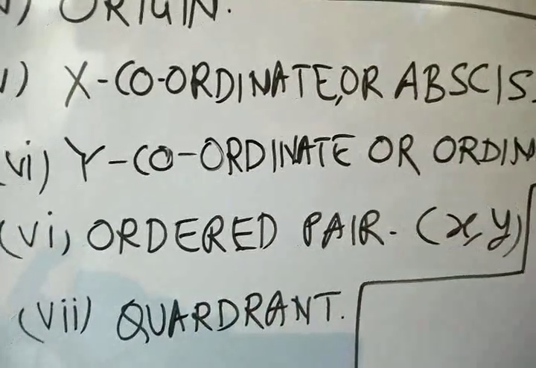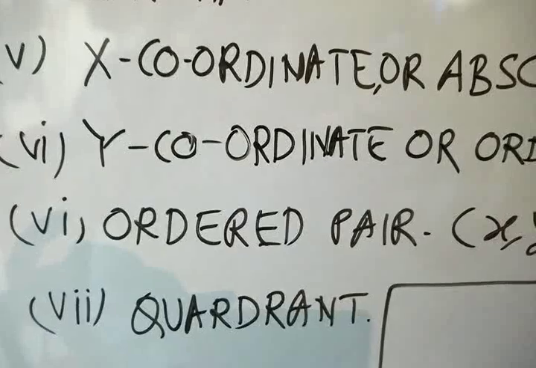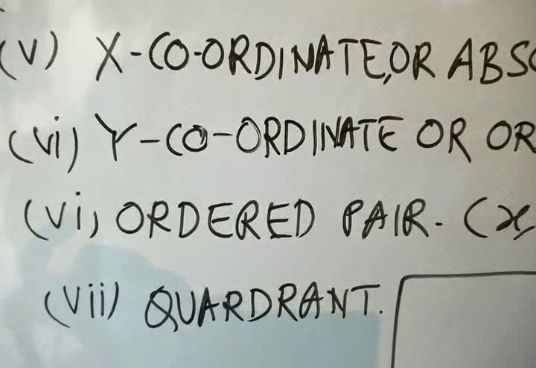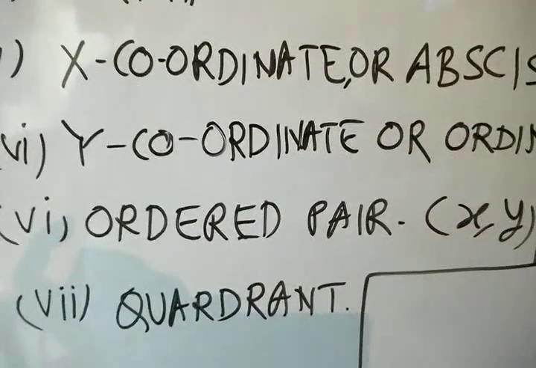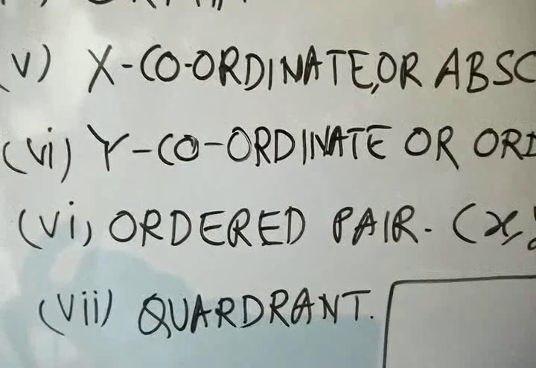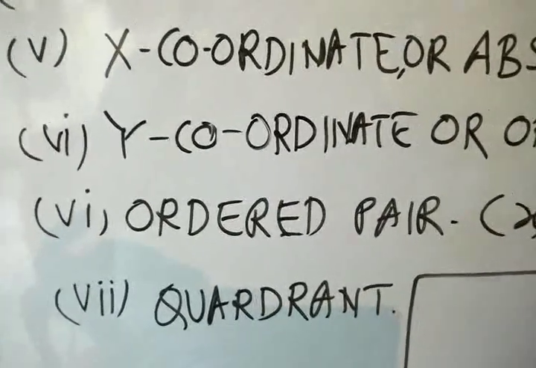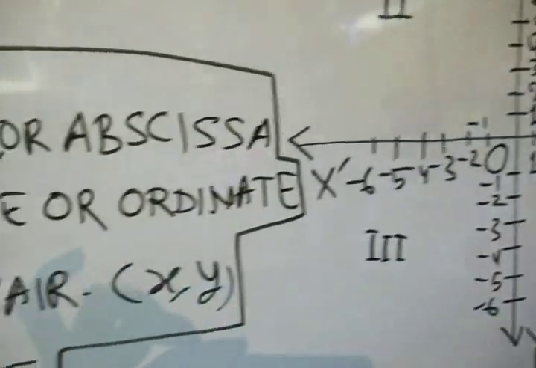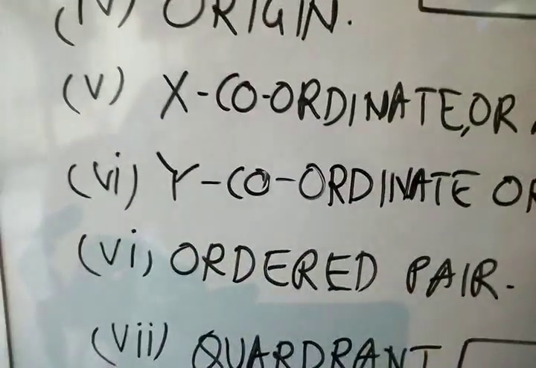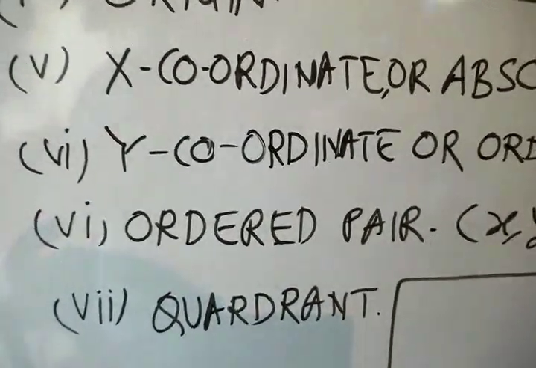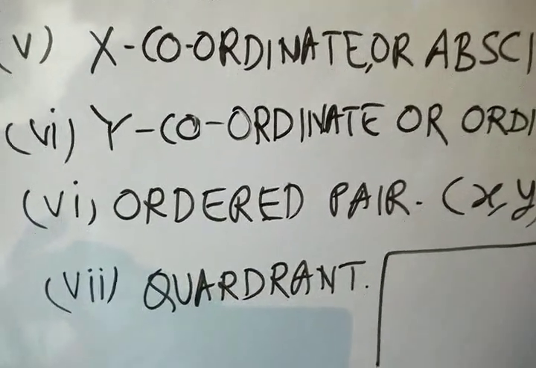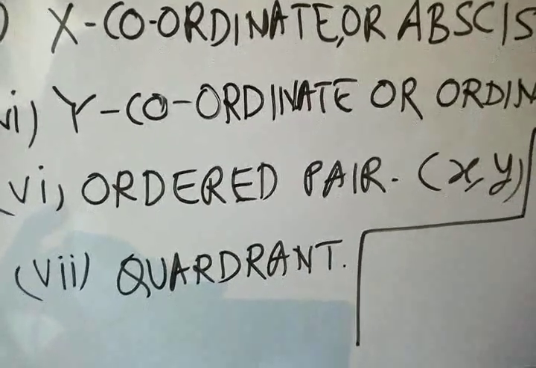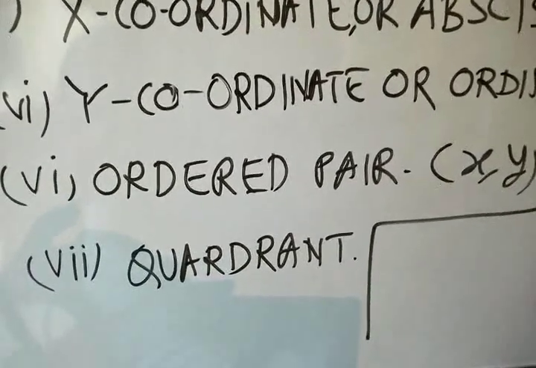Now you see ordered pair. Ordered pair means whenever you plot a point in a plane, it can be plotted very easily in a simple way. You just put a point and give it a name, A, B, C, D, any letter, and that point is plotted. But when you want to plot a point in the Cartesian plane, you need the x coordinate and y coordinate, and they are always in an ordered pair, that is x and y. The x coordinate will always come first and the y coordinate second.